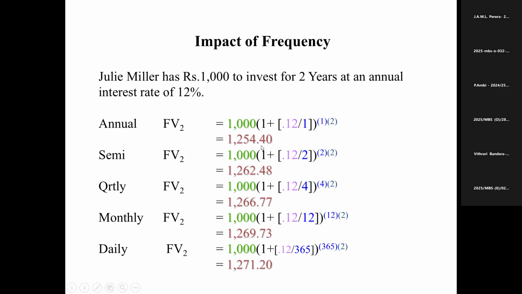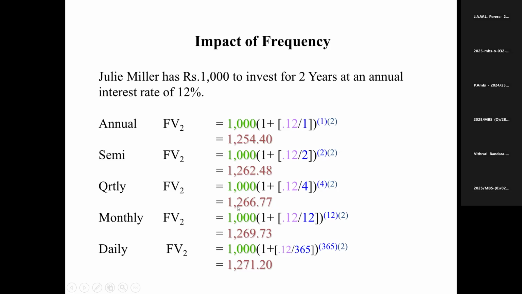But if you take the semi-annual rate, that is 6% semi-annual. The number of periods is 2 years into 2, so 4 semi-annual interest payments. You can see the value increases to 1,262.48. Then if we move to quarterly,